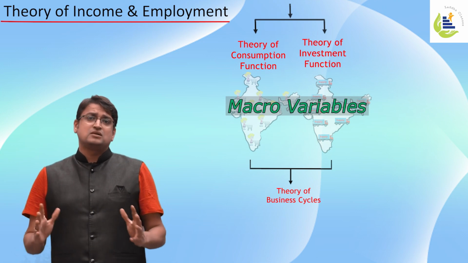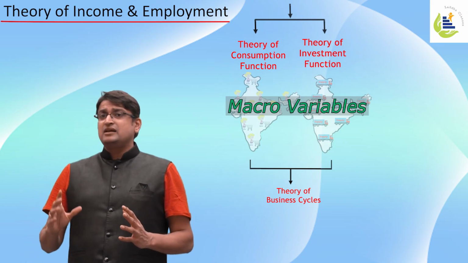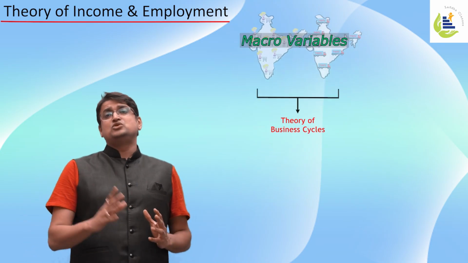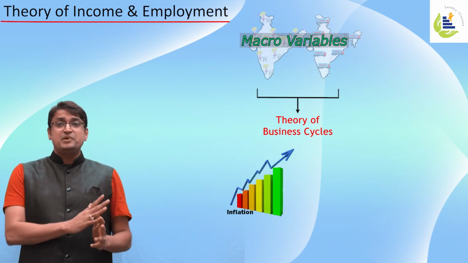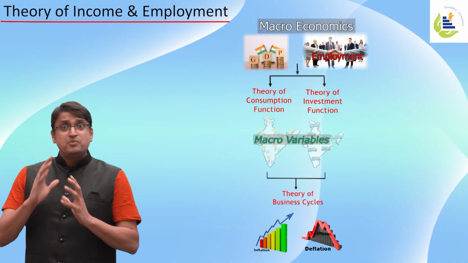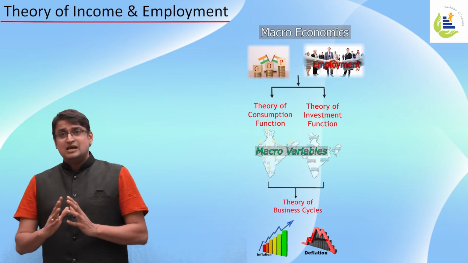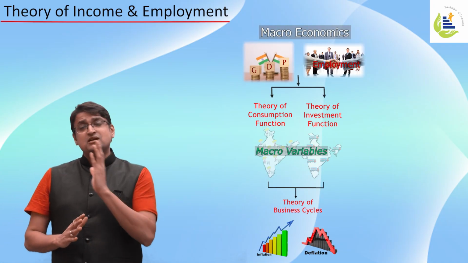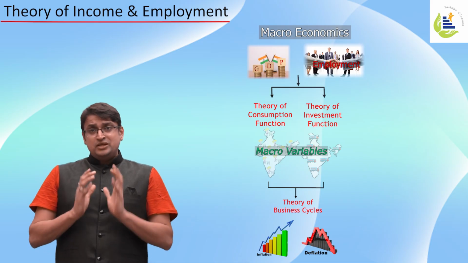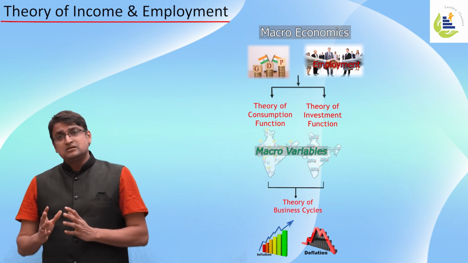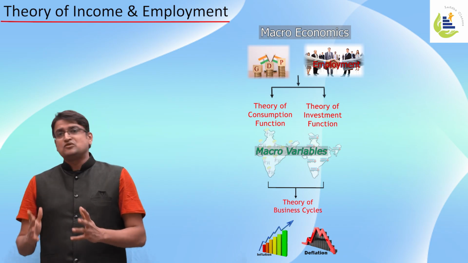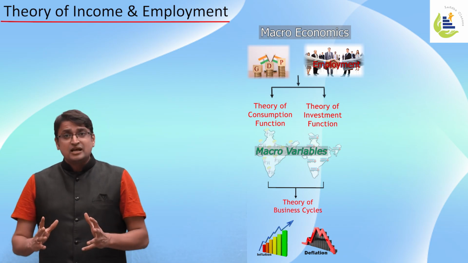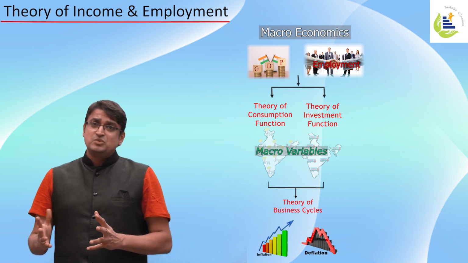It's part and parcel of understanding why and what are the reasons for the fluctuation of business cycles. Business cycles are inflation and depression. So one of the important areas of macroeconomics is to understand the theory of income and employment. So in this we try to understand what are the factors which account for national income and employment, causes of fluctuation in them, remedial action to overcome it, policy measures.